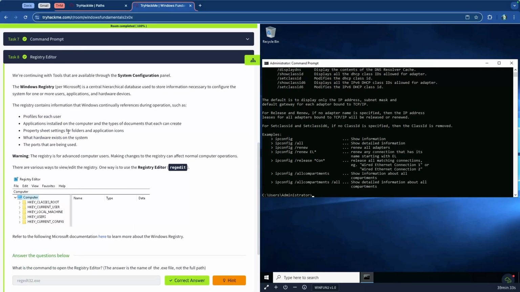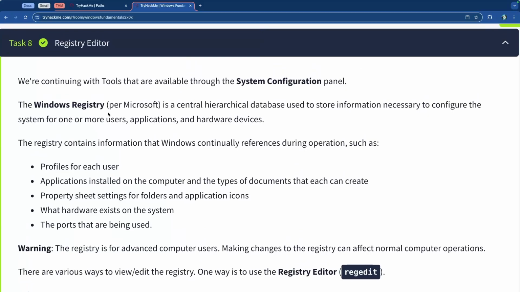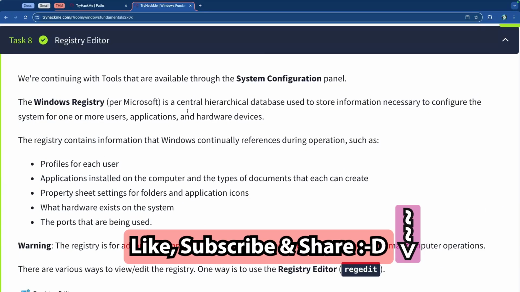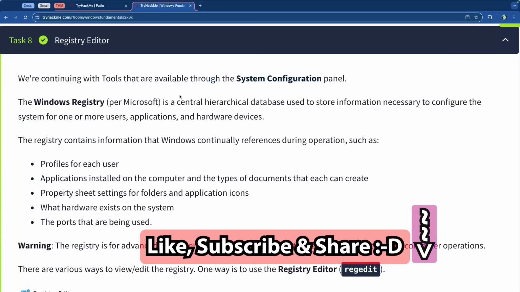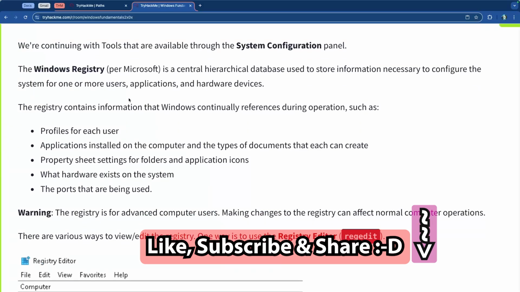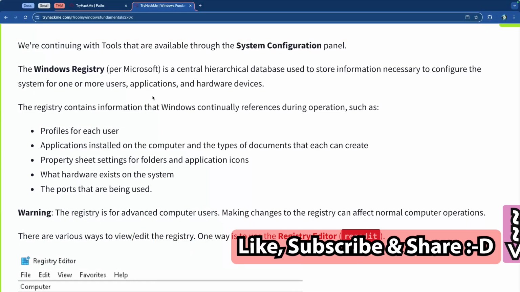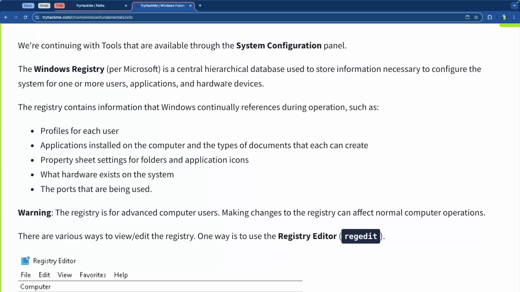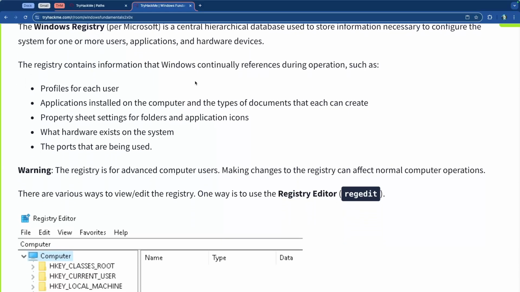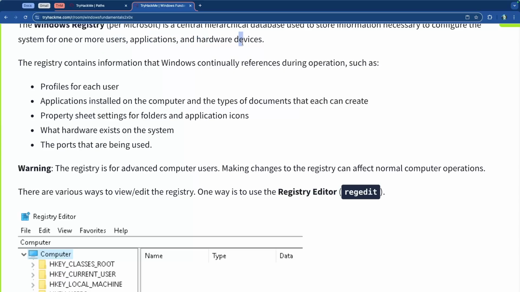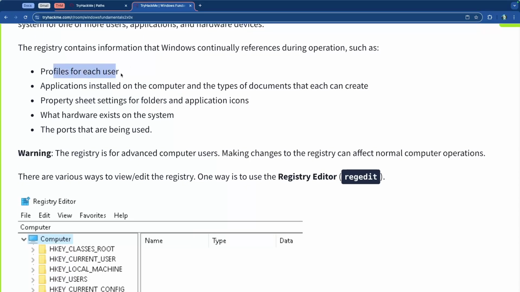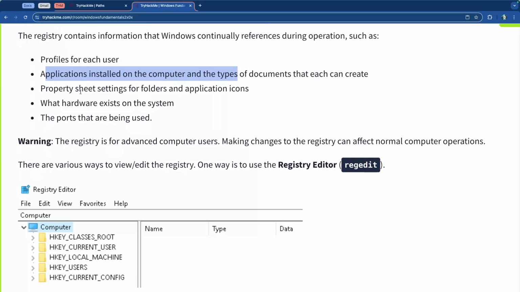So last but not least, let us talk about the Registry Editor. This is the last tool that we're going to cover with the system configuration panel. The registry is one of the big things that we cover in all of the security analysis and pen testing exercises, because it is something that can be modified for malicious intent. It is a central hierarchical database that stores information necessary to configure the system for users, applications, and even hardware devices. It has profiles for each user, applications installed on the computer, and types of documents, property sheet settings for folders and